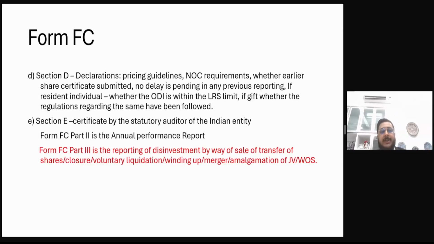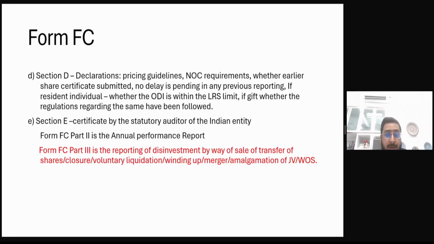Section D are the declarations. There will be a lot of declarations, and you have to certify whether you have followed these guidelines. For example, the pricing guidelines, then NOC requirements. We'll talk about NOC requirements also. Then whether the earlier share certificates have been submitted, whether earlier compliances have been done, whether there are any delays